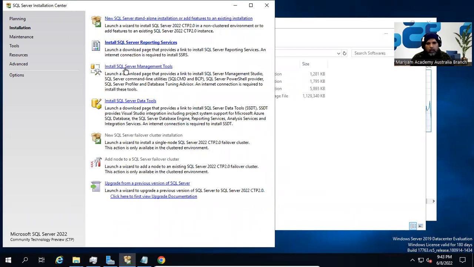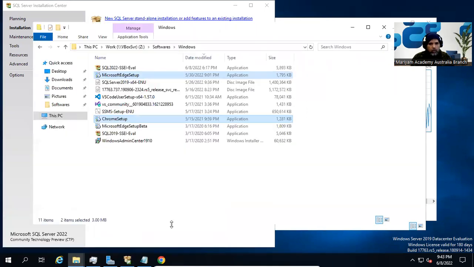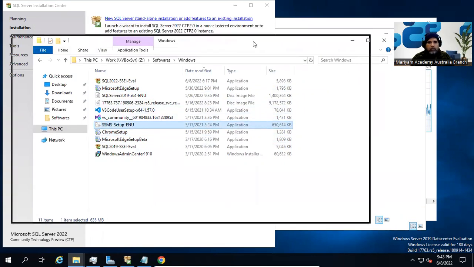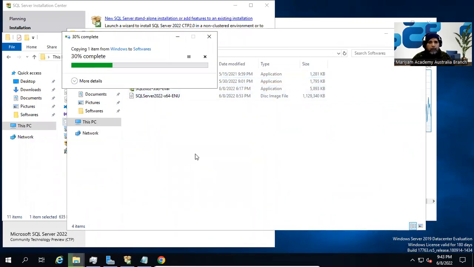If you don't have it, you can click on that link and download it. But I have already downloaded it, so I'm going to use the existing installer. So let me quickly copy my SSMS. By the way, SSMS is pronounced SQL Server Management Studio. If you don't know about it, that will help me connect to my database engine, and we can look at the